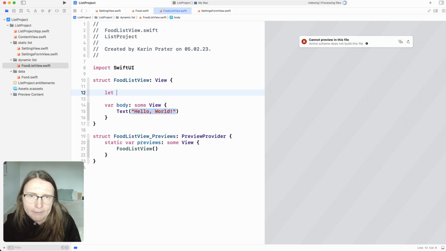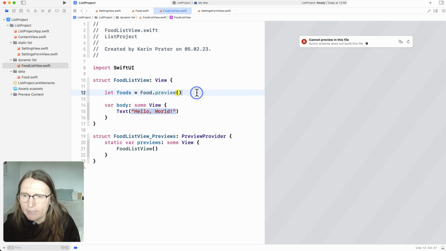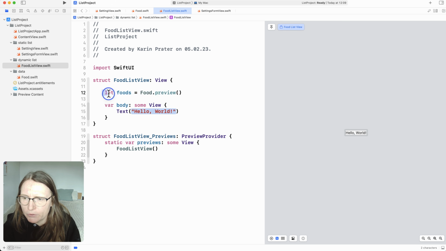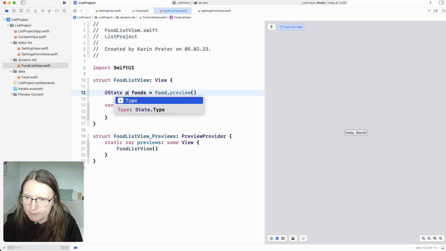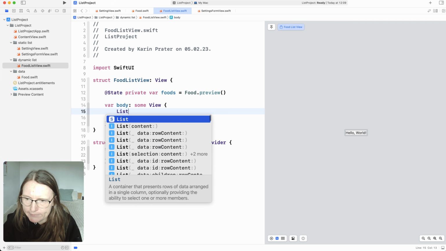First I need to have my data, which is my foods, and I can use here this preview. I am not changing this data in this view currently, so I can just leave it as a let. If you know you're going to edit this, you can also make this a state private var. Now I can use here a list,